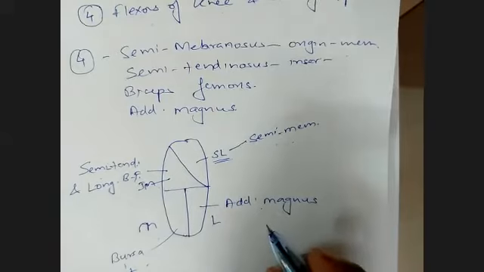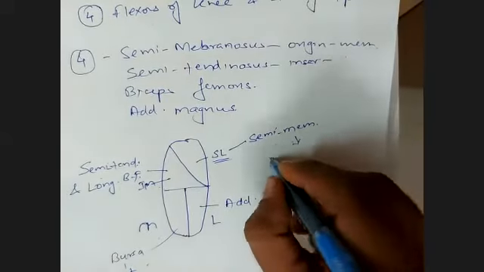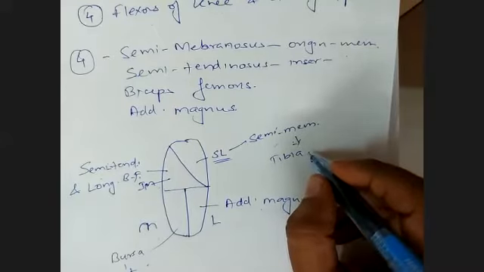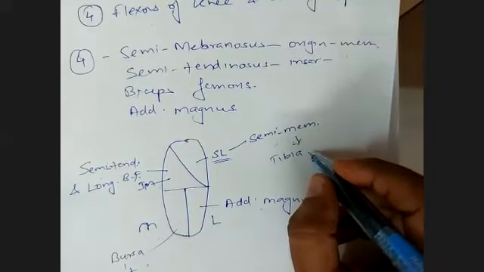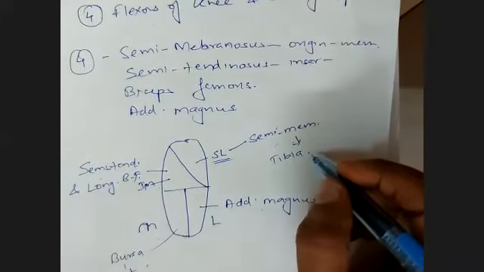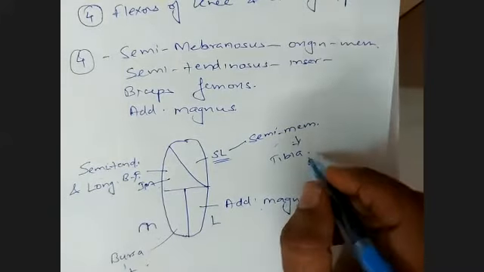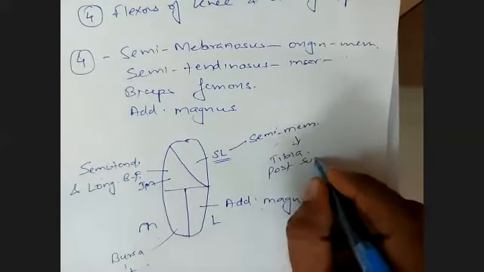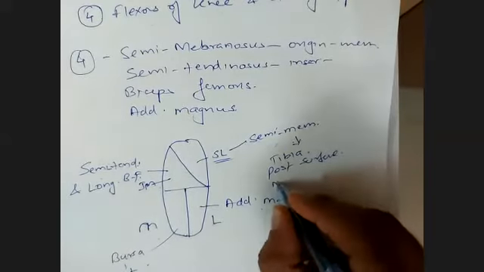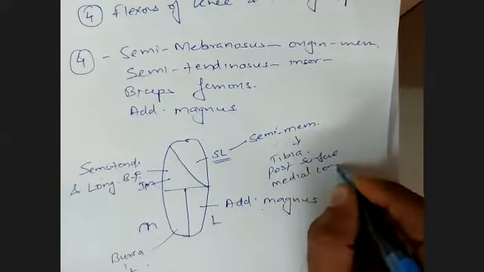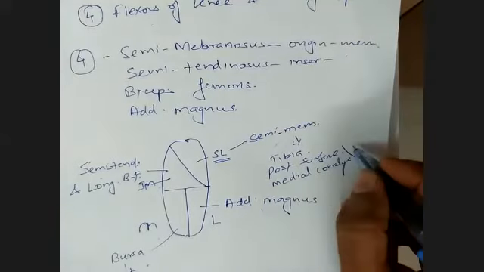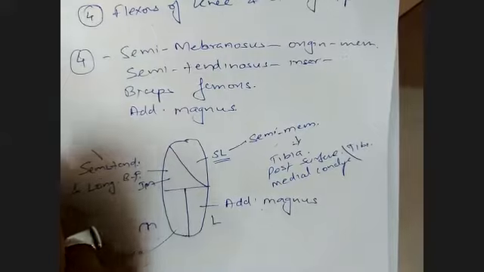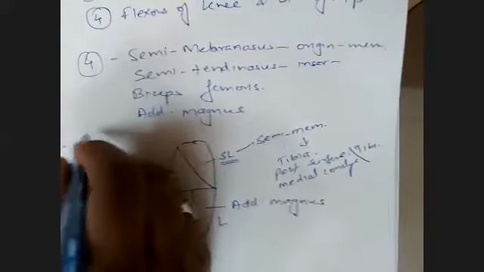The semimembranosus gets inserted on the tibia, sorry, on the posterior surface of the medial condyle of the tibia. And semitendinosus gets inserted on the medial surface